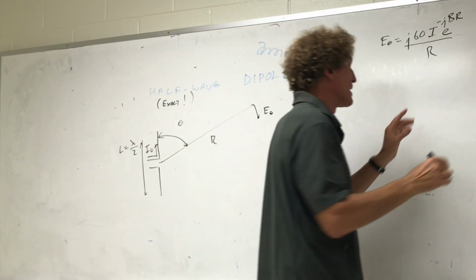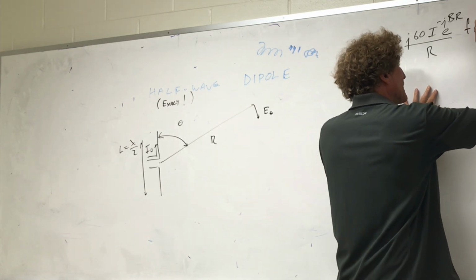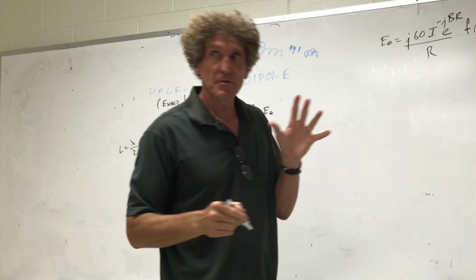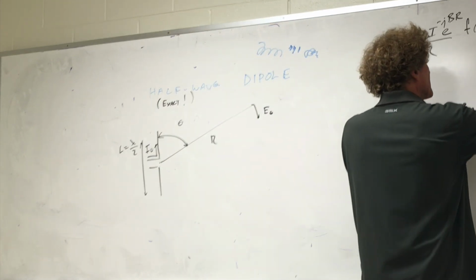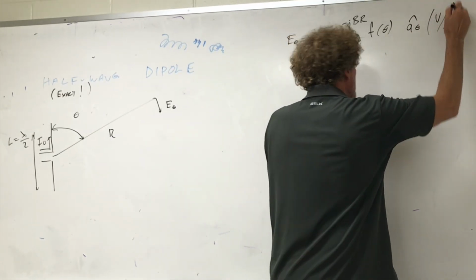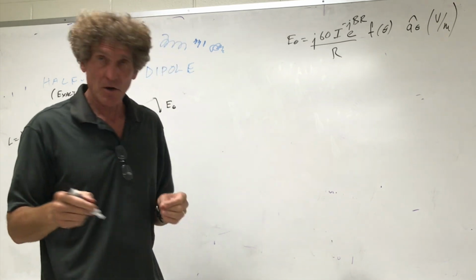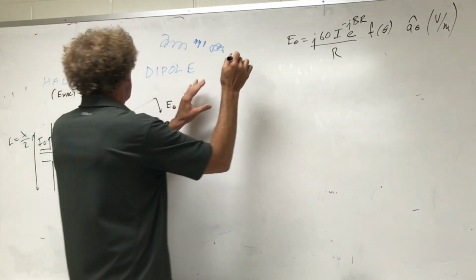After that, there's a function, and I'm going to call this small f of theta. Dr. Whitmer's book does not do that, but I'm doing it for a reason. And it's in the a theta direction. And the units are volts per meter. You had this last time. You all with me? Now, from that, if we're in the far field,